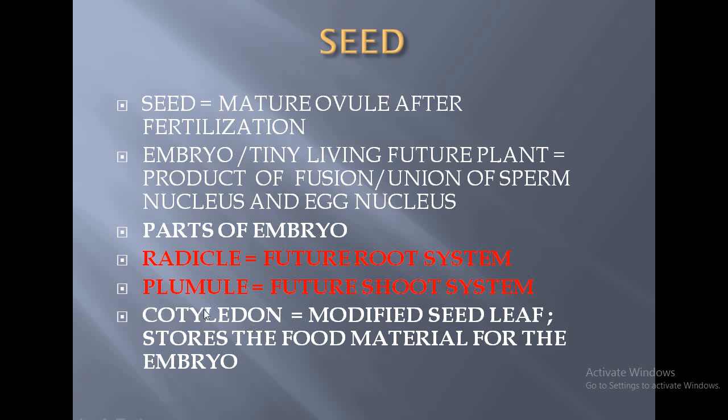Okay, so the seed has cotyledon, which is actually the modified seed leaf which stores the food material for the growing embryo. And why does the embryo require the cotyledon or the endosperm? Because inside the seed it is not capable of performing the process of photosynthesis. So in a reasoning based question, it may be asked why food reserve is required in a seed. Not only does it provide nourishment, the cotyledon also provides protection to the embryo.